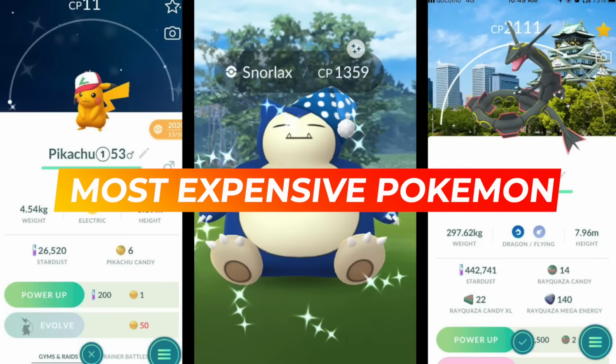I also want to say that I in no way support this. It's against the rules, but it is extremely interesting. And today we're looking at some of the highest sales of singular Pokemon in Pokemon Go history, all happening on eBay. Starting with this